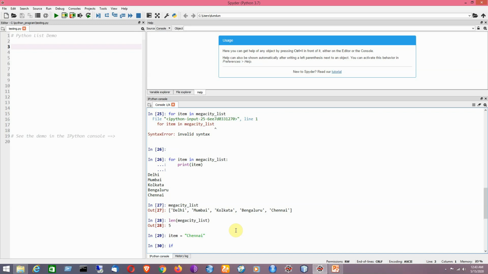say, if item in mega city list, just print.